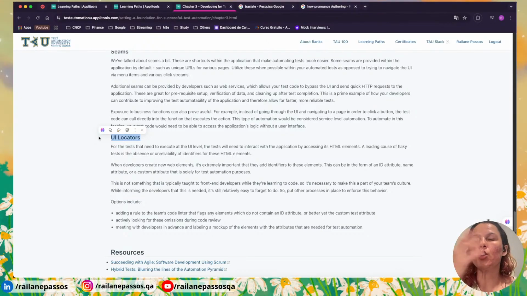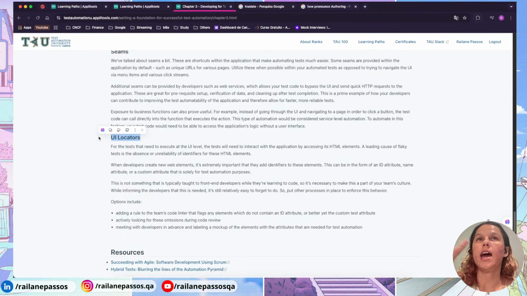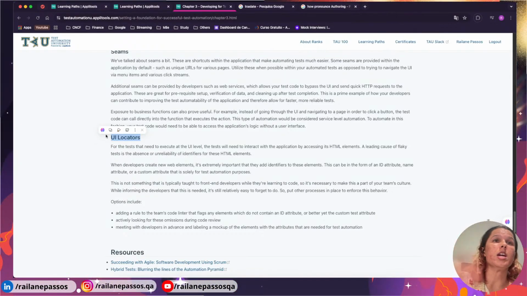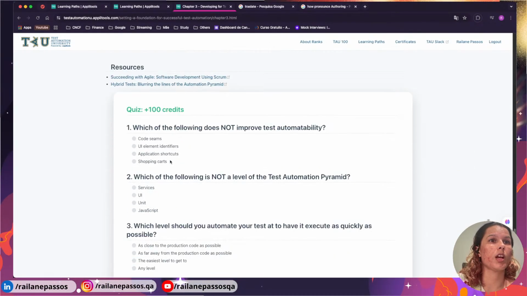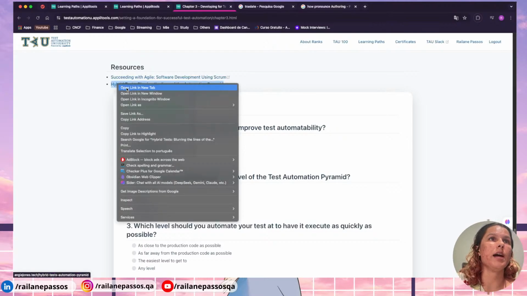If the locators are unstable, we cannot automate it, or we have more effort and maybe we produce flaky tests. About the hybrid tests,